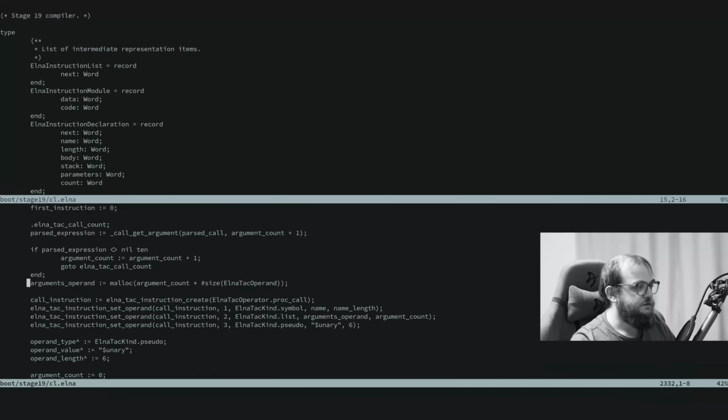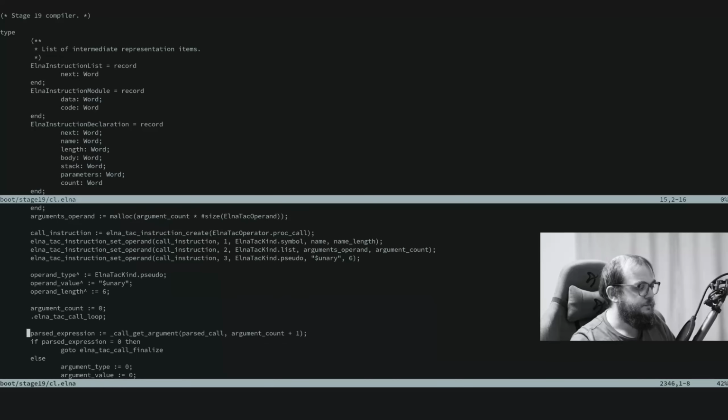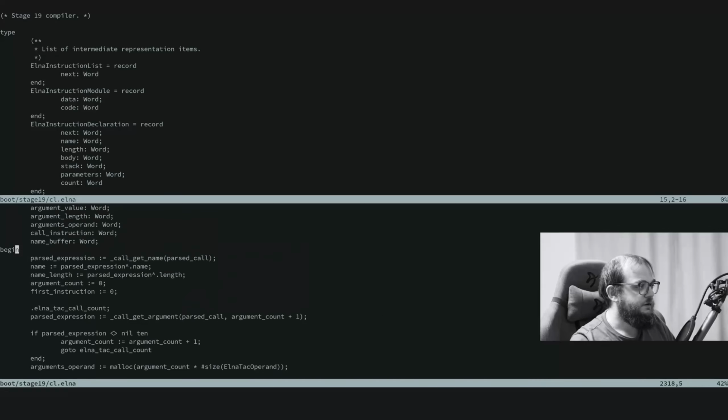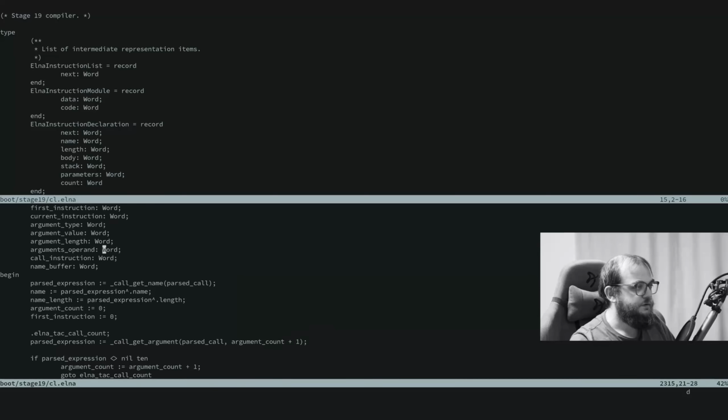So we allocated an array, and arguments operand is actually a pointer to the first element in this array or list. So let us assign it a proper type. We say that it is a pointer to arity operand,